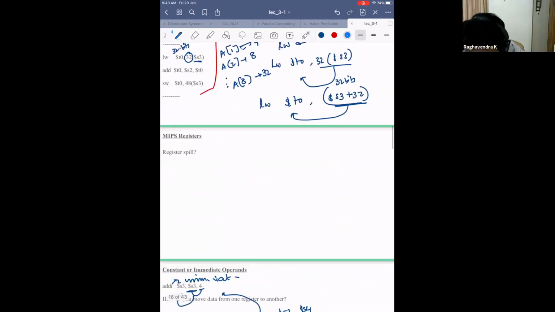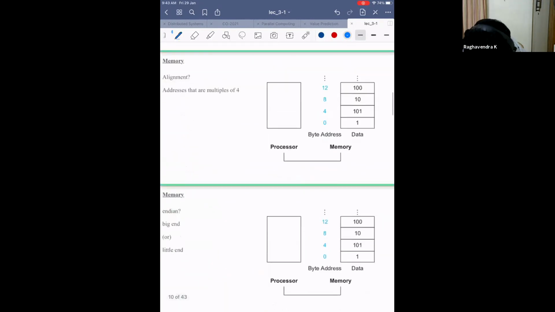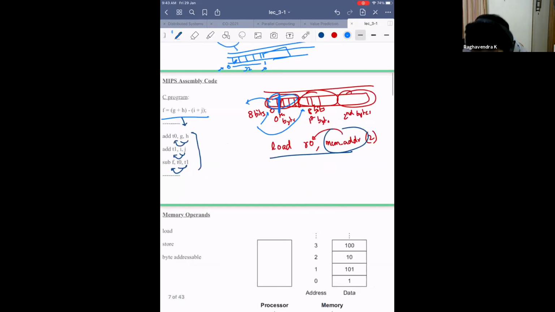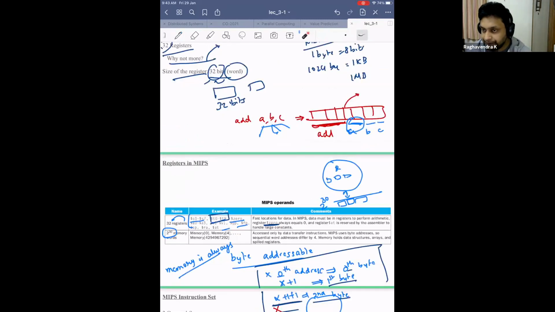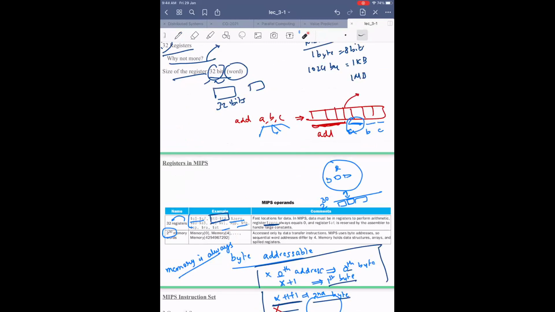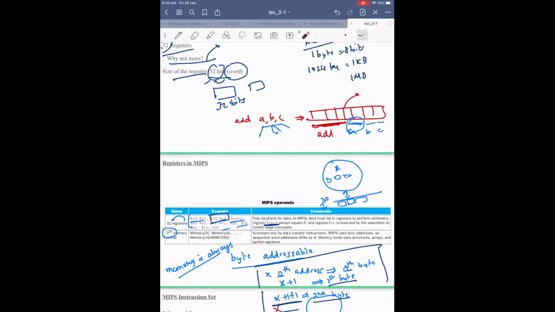I think we saw it, so I have it here. So what did we say? MIPS has 2 power 30 memory words, right? Now we are saying MIPS has 2 power 30 memory words, but we are using 32 bits to represent the memory. Why? Because we need at least 2 power 30 unique addresses. So we need at least 32 bits to represent all those addresses. No, right? 2 power 30 I can represent using 30 bits. Why do I need 32 bits?